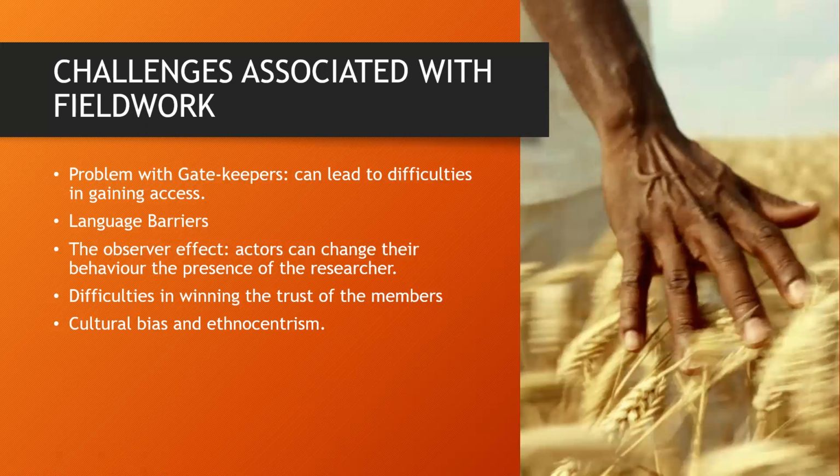If the observer were taken out of the equation, the participant or the actor would have acted in a different way altogether. But because they are aware that someone is observing them, they try as much as possible to tame and control their behavior, to behave in a particular way. This sometimes could be a hindrance to the validity and accuracy of the fieldwork data that you are going to collect.